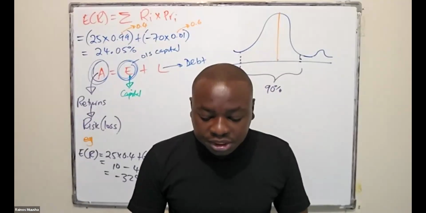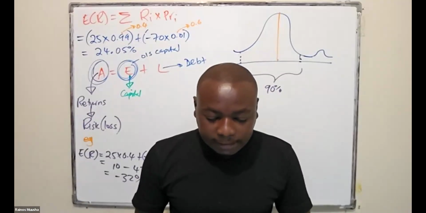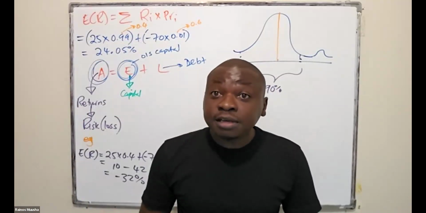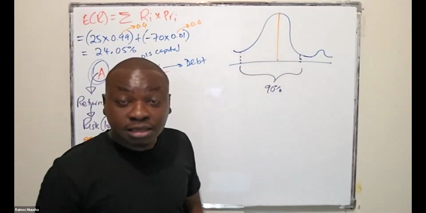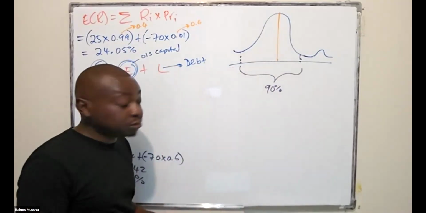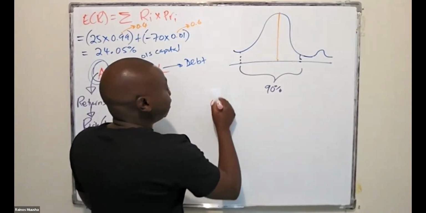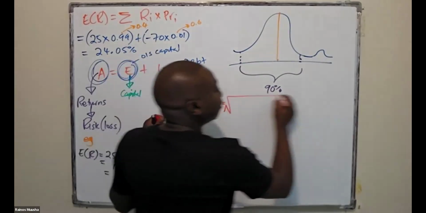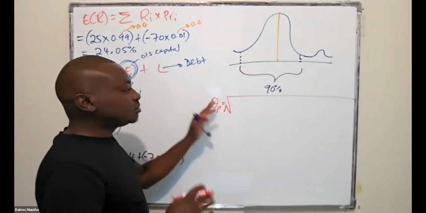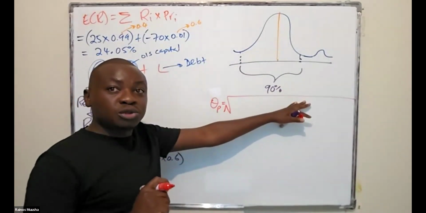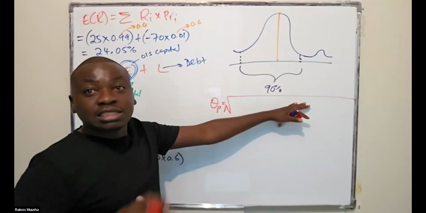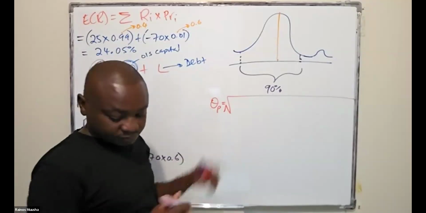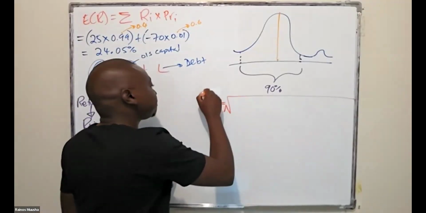Now, they also mention the issue of correlation as well, which is a very, very important issue, because where correlation comes in, I'll just give you a simple example. The volatility of a portfolio is given as the square root of. Please take note of this, but don't worry about the formula. There's something that I'm just going to explain there. Remember, volatility measures risk, right? Volatility is your standard deviation. So this is your standard deviation.